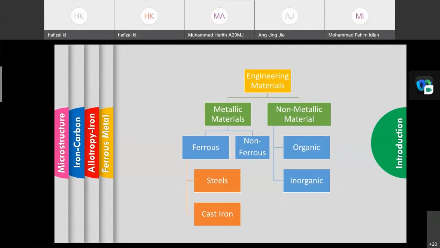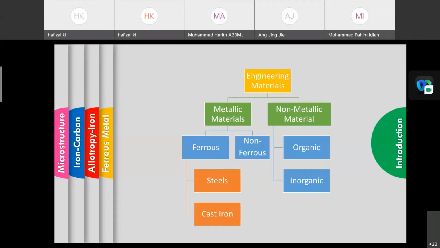The whole concept of engineering materials, we will cover metallic materials and also non-metallic materials. That means we have the metal group of materials, and then we have the non-metal group of materials. In terms of the metal group, we have two different groups. The first one is ferrous. Ferrous indicates iron, or in Malay we call it besi. So ferrous, the main amount is iron, and then there is an addition of foreign material.